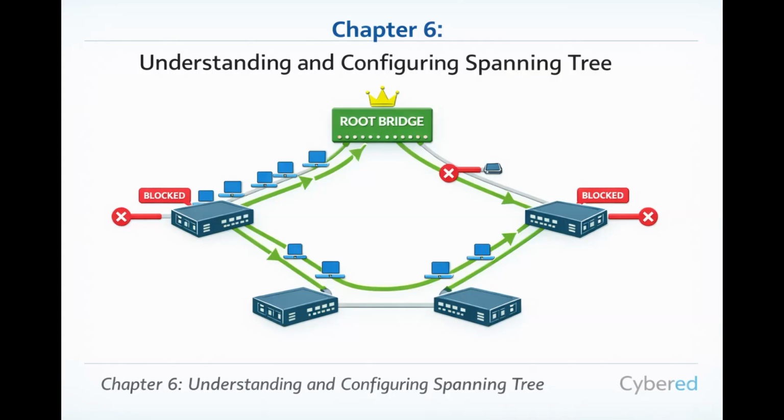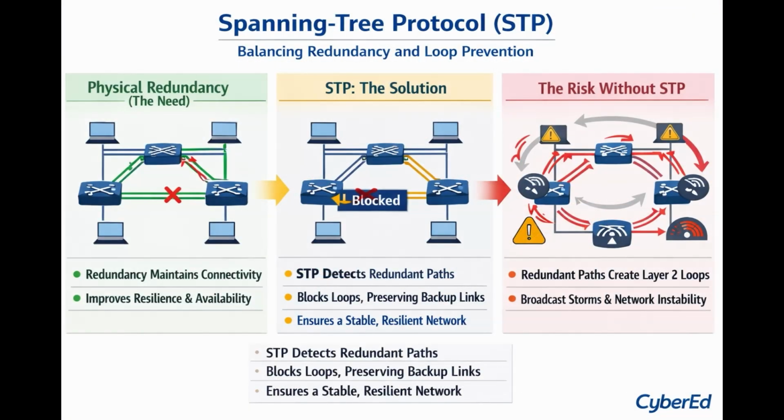In this chapter, you'll learn how STP prevents loops, how the root bridge is elected, how port roles are determined, and how to configure features like PortFast and BPDU guard in a Cisco environment. Let's get started. When expanding a layer 2 network, physical redundancy is essential to maintain connectivity if a switch or